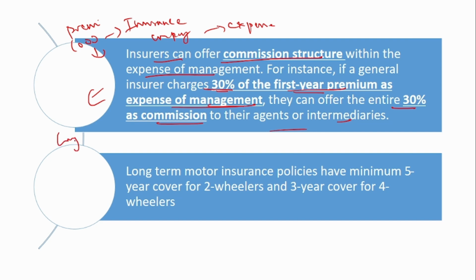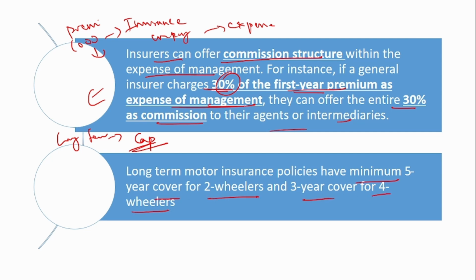But if you see in long-term policies, there is a cap. This 30% is just a number. There are norms for all this, and here I am just saying that 30% is just a number, but a specific cap has been followed for long-term insurance policies, and this specific cap was not followed for the other policies. Now, if you see, long-term motor insurance policies have minimum 5-year cover for 2-wheelers and 3-year